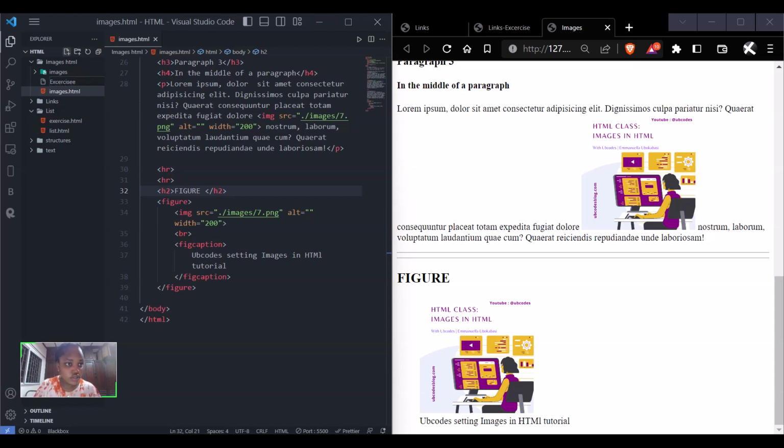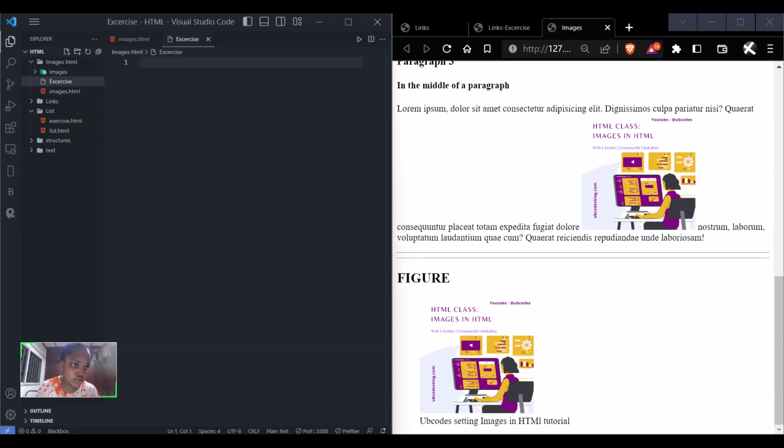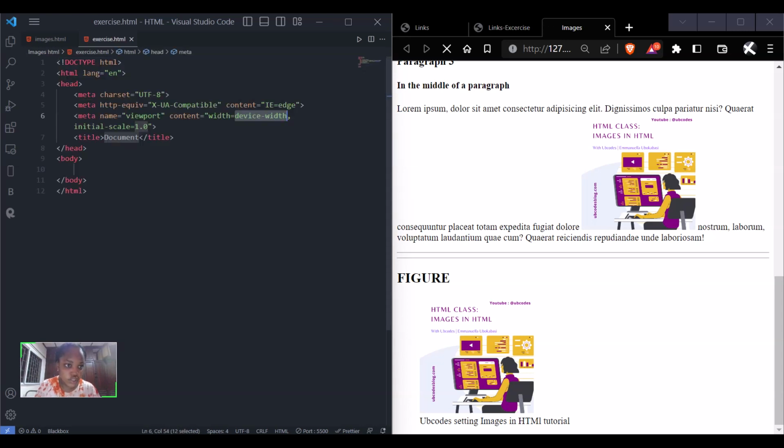So let's move to our exercise. Let's go, exercise. Now, sorry, you need to look up how to spell exercise. So let's put exercise. Alright, so let's start with an H1